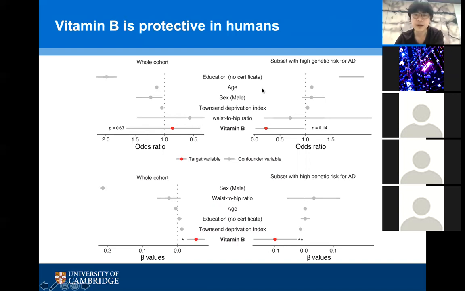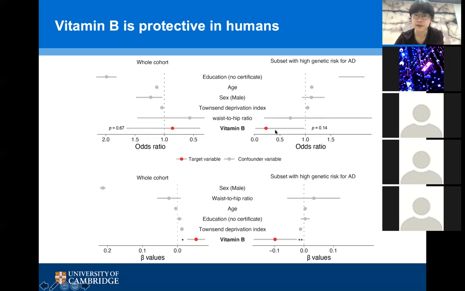But why I'm fairly confident with this association is that by subsetting people with a high genetic risk for Alzheimer's disease and looking at those people specifically, this association is stronger than looking at the whole cohort, which suggests